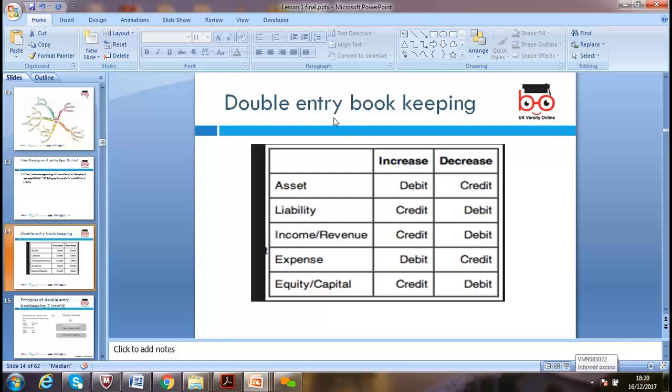So double entry bookkeeping, debit and credit, this slide is almost the same thing. When assets increase we debit, when liability increases we credit, when income increases we credit, when expenses increase we debit, and when capital increases we credit, and when they decrease we do the opposite. Asset is debit in the normal case. When we are selling something, like a building or plant machinery, it means our assets decrease. And cash will be increased when we sell something, because we are getting cash, so our cash position will be